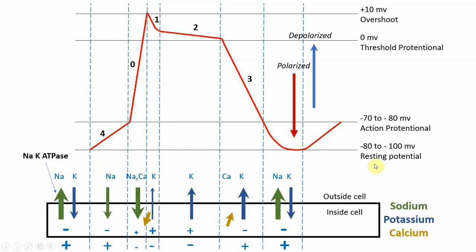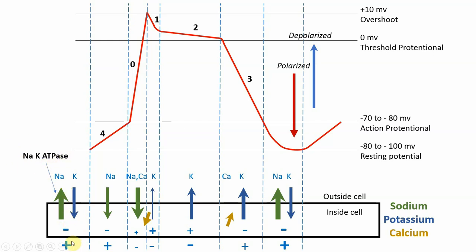At the resting potential, that is at the resting position, the sodium potassium ATPase enzyme is in action, and what it is doing is pushing a greater amount of sodium out as compared to a lesser amount of potassium in. It is almost a 3:2 proportion: 3 sodium are pushed out and 2 potassium are pushed in. So more sodium is pushed outside against the concentration gradient, because it is an ATP dependent mechanism, the sodium potassium ATPase energy mechanism.